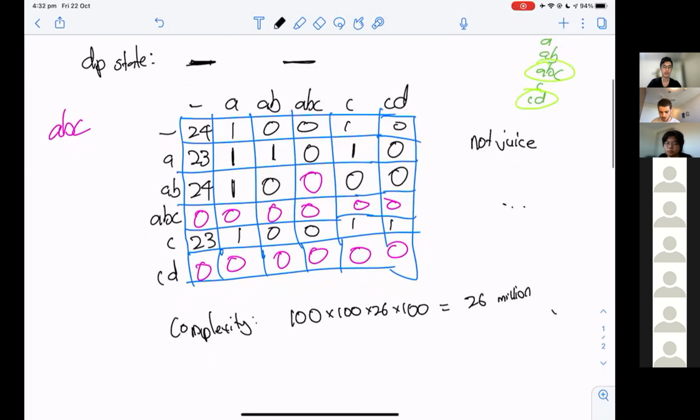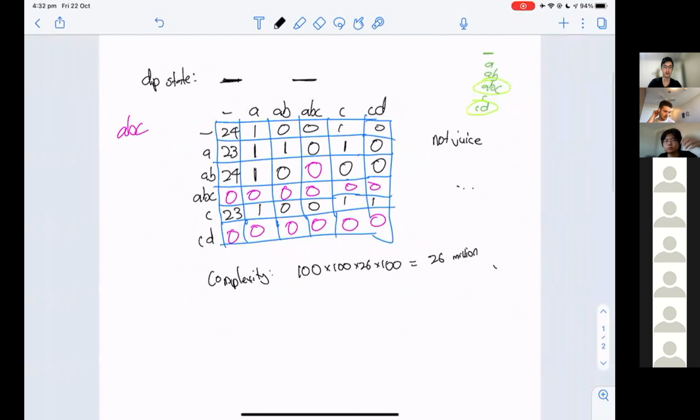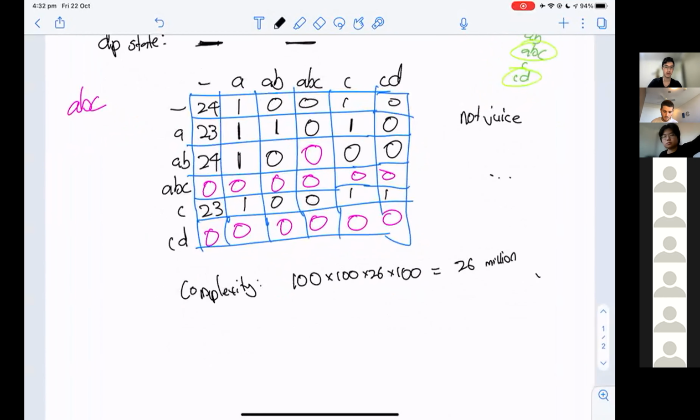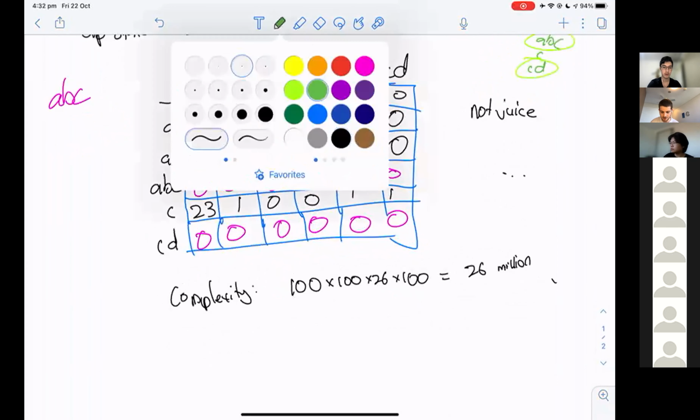And why have we created this matrix is perhaps an interesting question. How are we going to use this? Well, this matrix tells us what happens when we add one letter. Is it juicy or not?